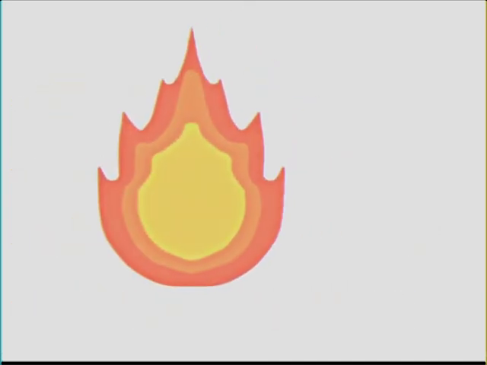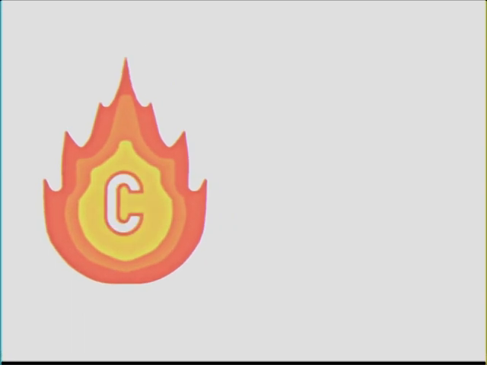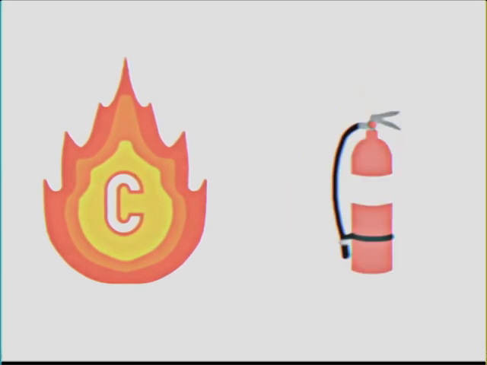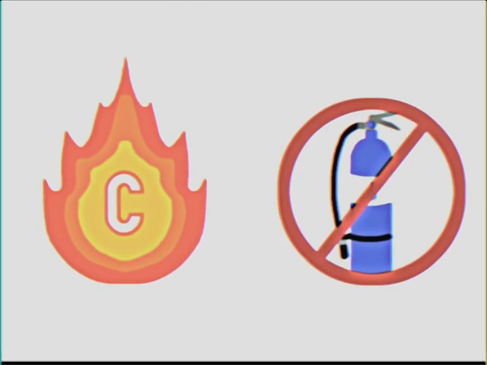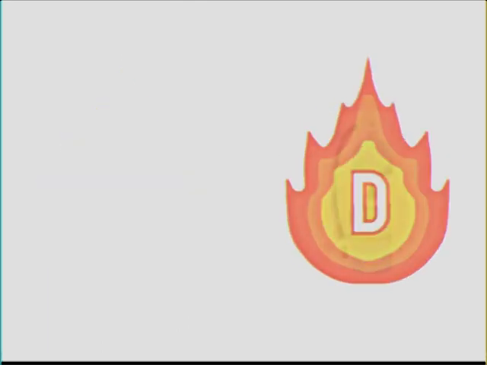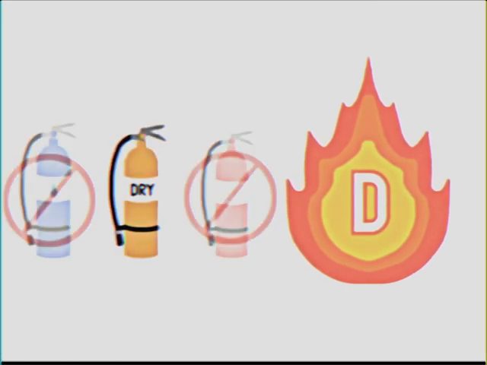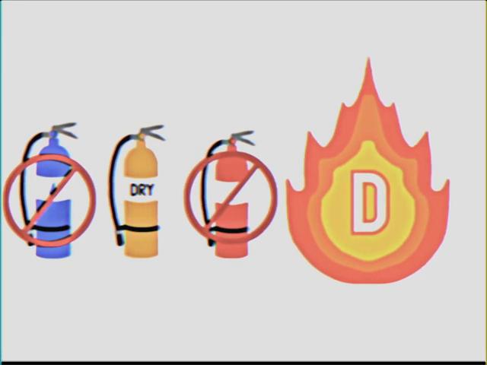First, let's cover the type of fire. You will likely either be dealing with a Class C fire, electrical equipment, or a Class D fire, combustible metals. In the case of a Class C fire, please be sure to use a dry chemical extinguisher. Never use water or foam-based extinguishers, or you could be electrocuted. As for Class D fires, these fires require specialized techniques in order to extinguish the fire. None of the common extinguishers should be used, as they can add an additional chemical reaction and potentially make the fire greater.